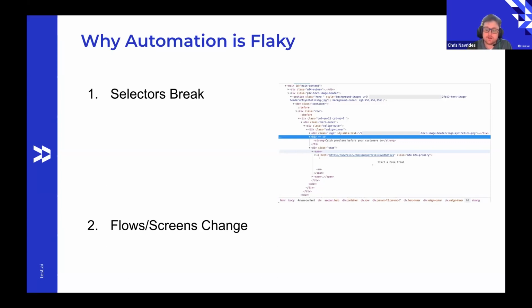And then suddenly the automation is either flaky or just broken. You can also have things where the flows or the screens change. Uber's infamous for this, where they're constantly running experiments on their application. If anyone's ever used Uber, every time you log in, you see a different screen here, screen there. They're just trying out all this different stuff. And so those sort of things happen.